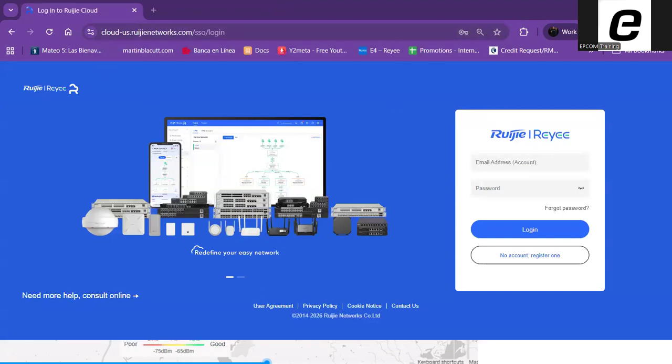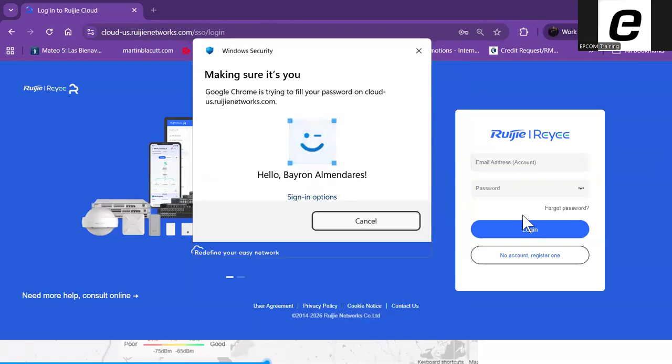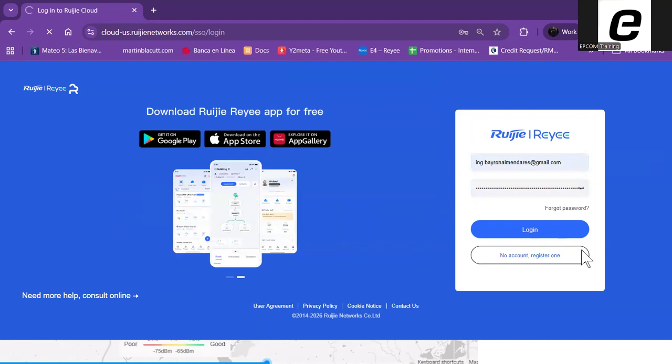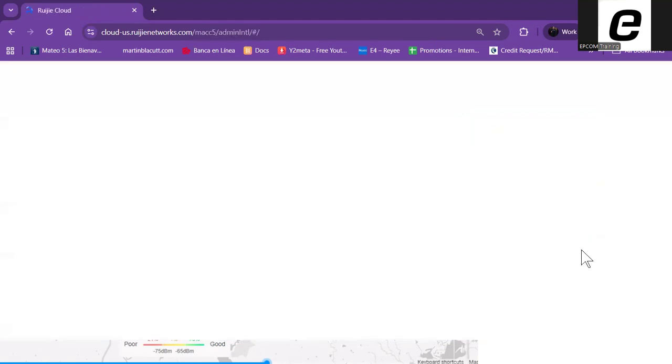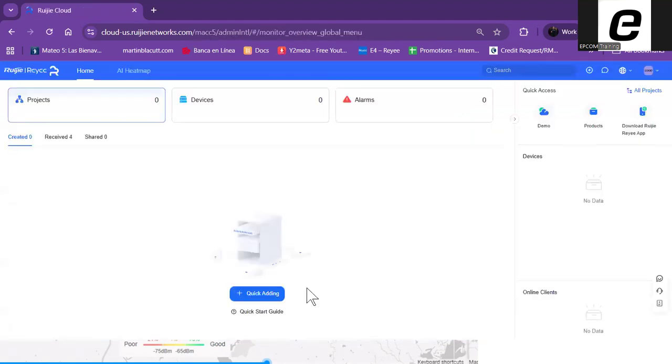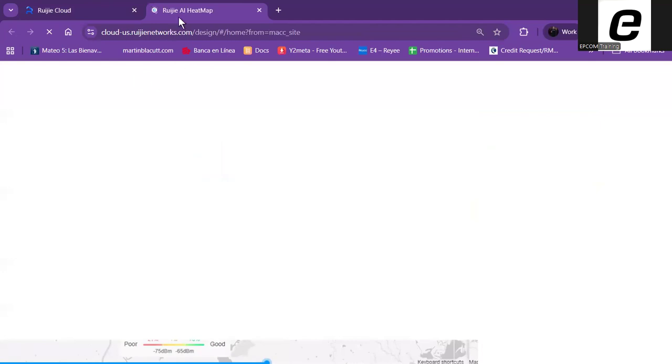Then just log in with your user credentials. And here you can see the AI Heatmap button. So click on this button